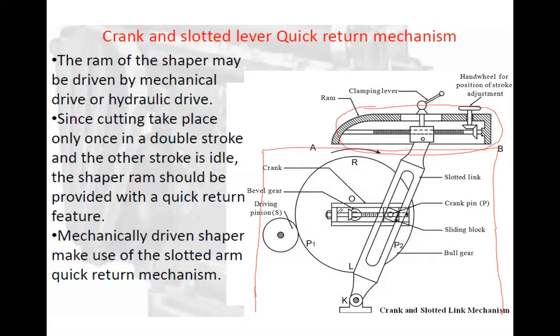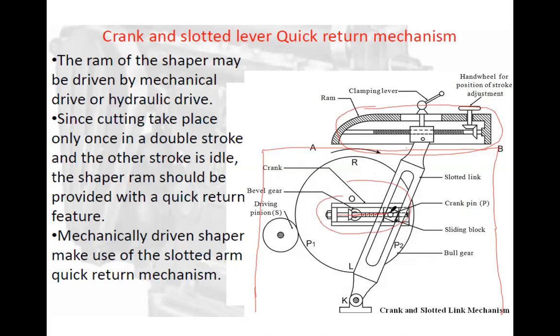In this, what you are seeing is the crank. What is meant by crank? A crank is a lever which rotates about one of its pivots. If you take a link as a line, it rotates about one end point, and that is called the crank. So what I have drawn here is the crank. It is rotating about its center axis.